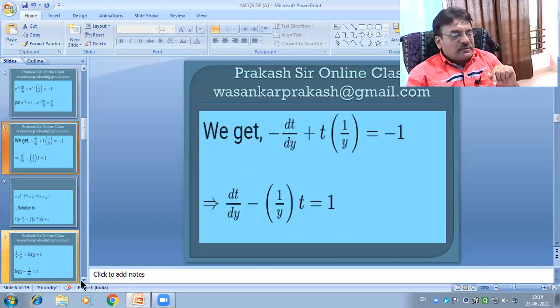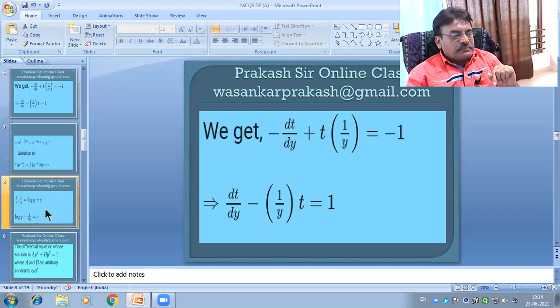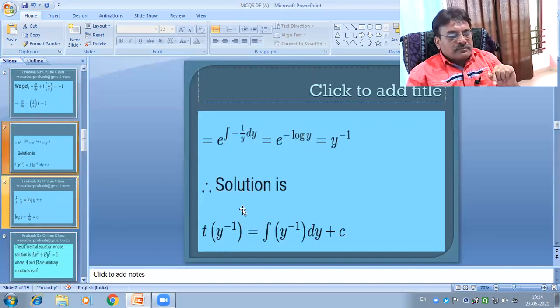So, we write here t into y to the power minus 1, which is equal to the integration of y to the power minus 1 into q, but q is equal to 1. So 1 here into dy plus c. Therefore, this can be written as t. We know that t is equal to x to the power minus 1. Therefore, t is equal to 1 by x